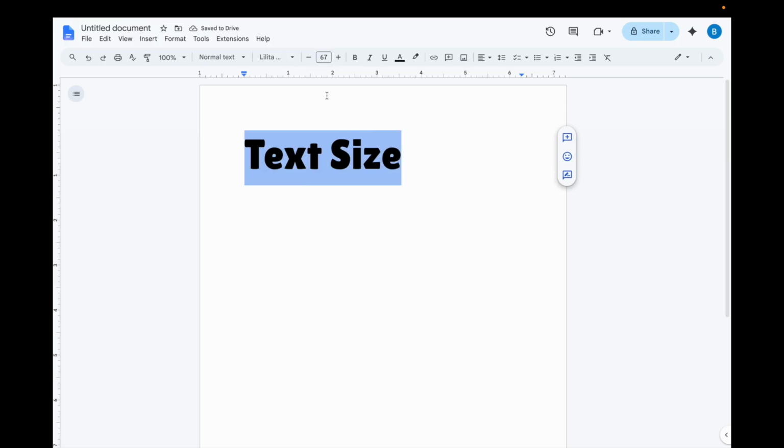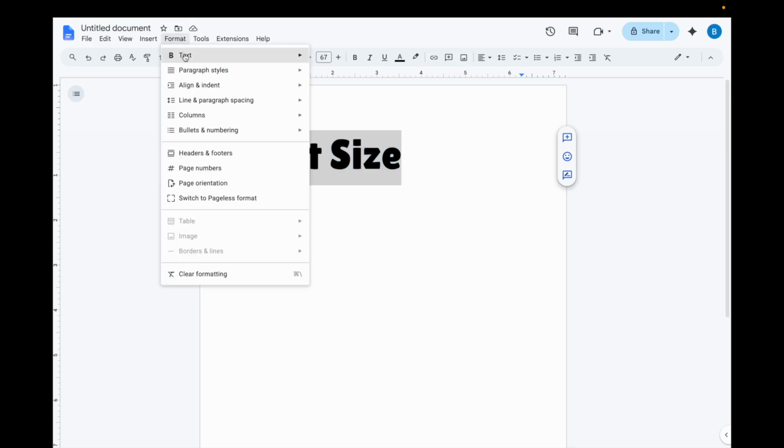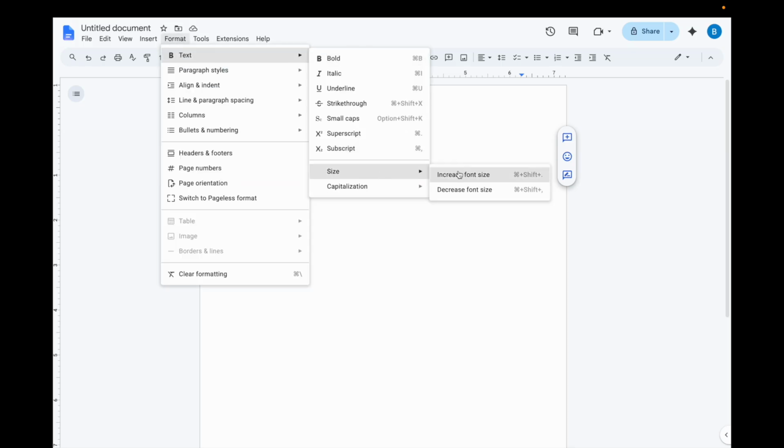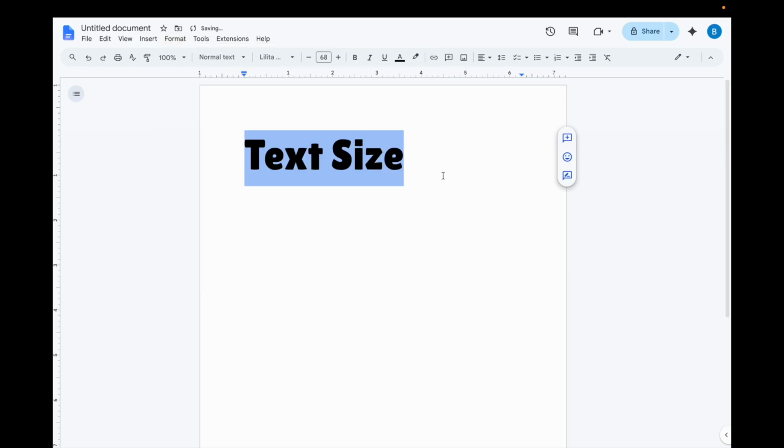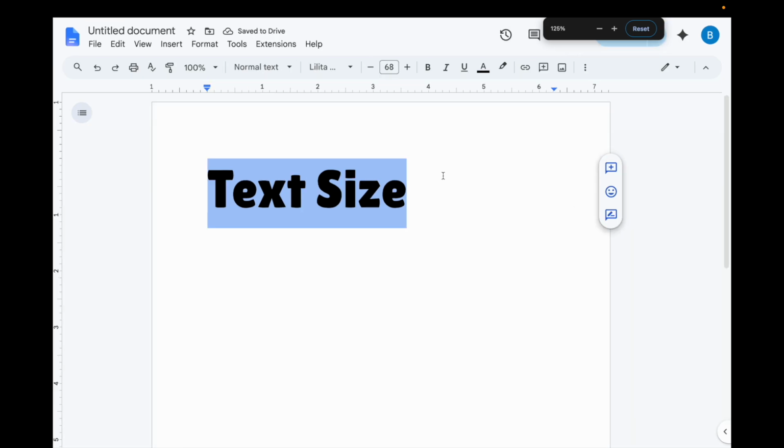Another way you can do that if it's not appearing right here for you is to go to where it says format under text right here, and where it says size, you can go ahead and increase the font size or decrease it, or you can go ahead and press Command Shift and plus. So if I were to go ahead and press Command Shift and plus right here, you can go ahead and